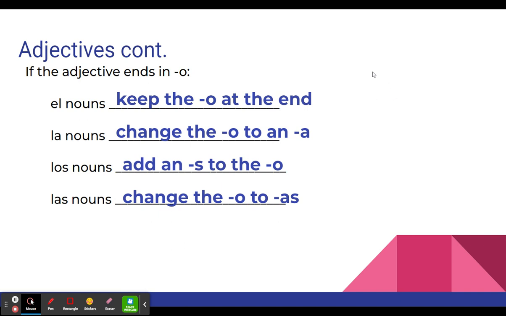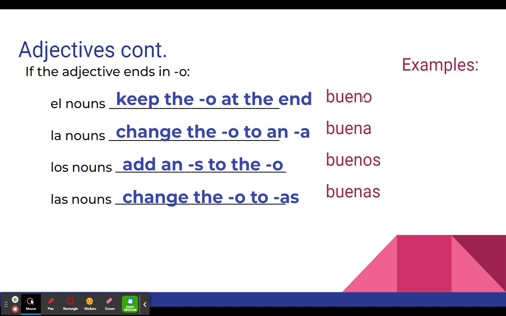So if we took bueno as an example and changed it, this is what it would look like. So bueno here, we're keeping that O at the end. But to describe a la noun, we're changing that O to an A. It becomes buena. If we're going to describe a los noun, we're going to add that S to the O at the end, buenos. And if we're going to describe a las noun, we're going to change the O to AS